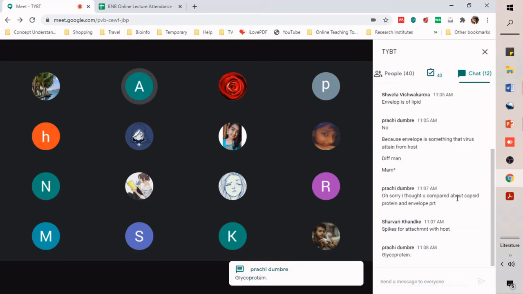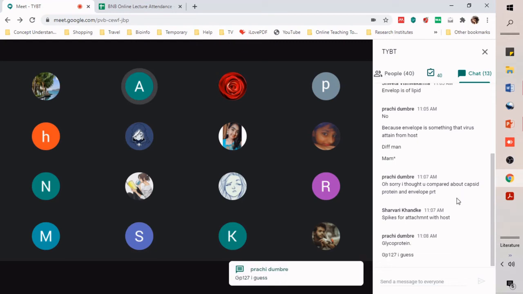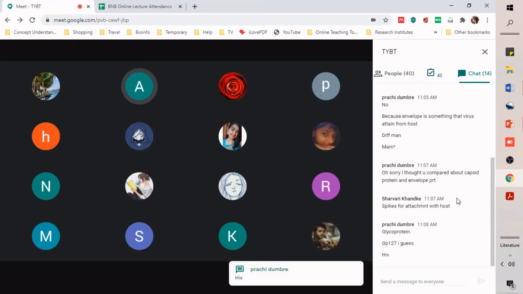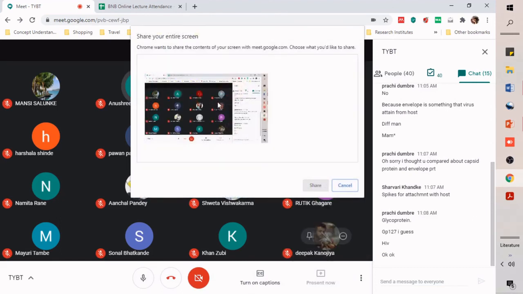Have you all revised? Yes, very correct. They are glycoproteins. Glycoprotein meaning they are carbohydrates and proteins in nature mixed. Can you give me an example of such glycoprotein? Yes, GP127 on what? Which virus? Yes, 120 and GP41. 127 nahi, 120 hai. HIV, GP120 and GP41. Okay, we will see the structures in due time. Let us go back to our presentation.